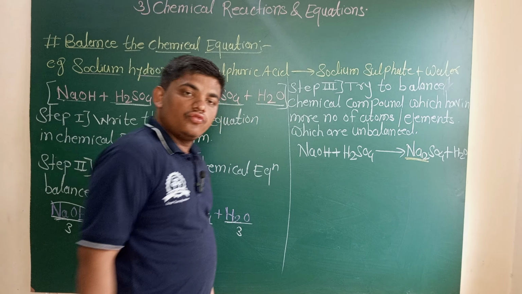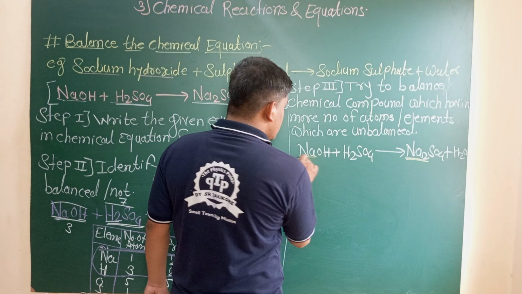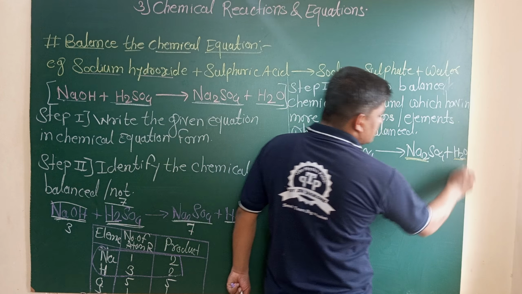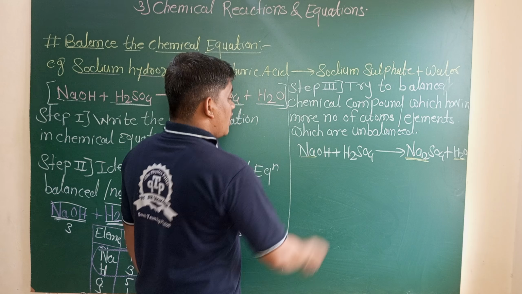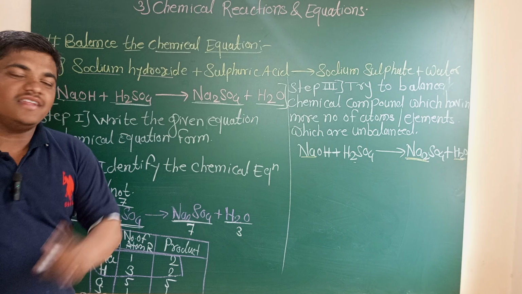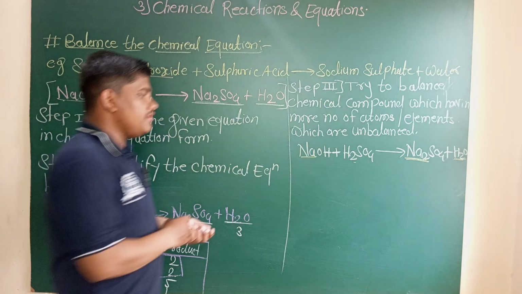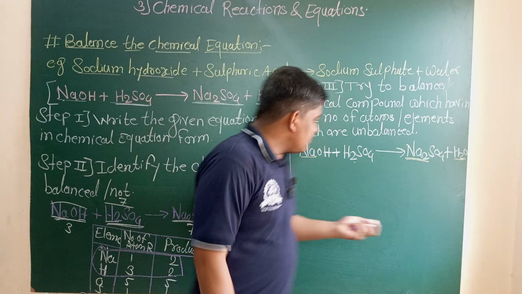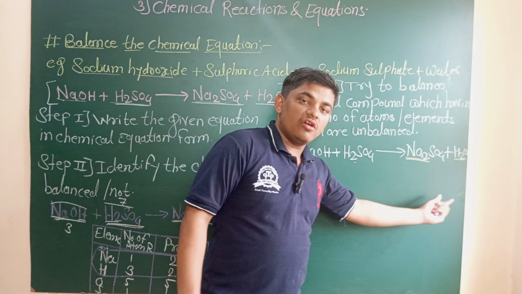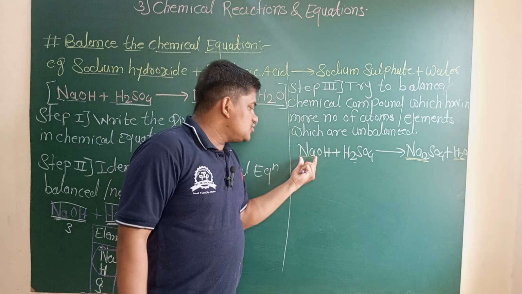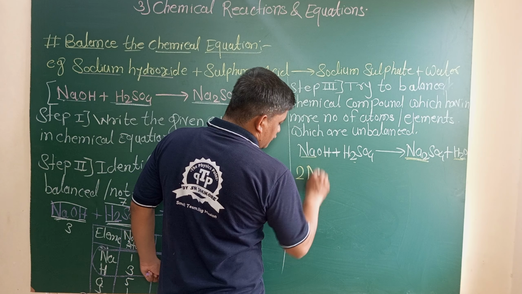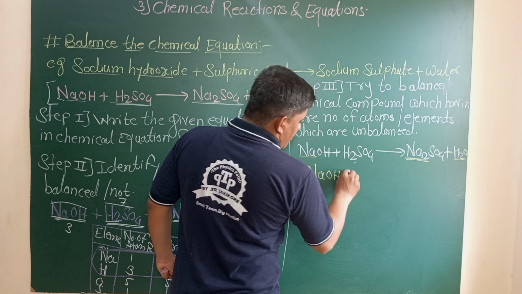There are 2 sodium atoms in the product and only a single sodium atom in the reactant, and only 2 hydrogen atoms in the product. There are 3 hydrogen atoms in the reactant. First of all, try to balance the sodium atoms, or the sodium element, in the reactant and product. That means the sodium atom in the reactants must be half of the sodium atoms in the product. That means multiply the sodium atom in the reactants by 2, or double, that is 2 NaOH plus